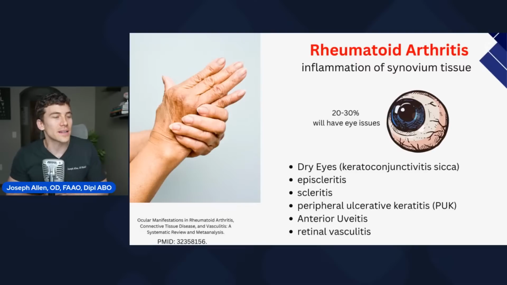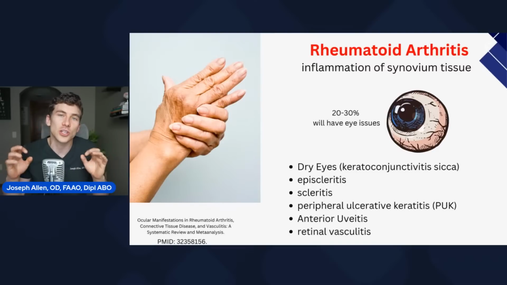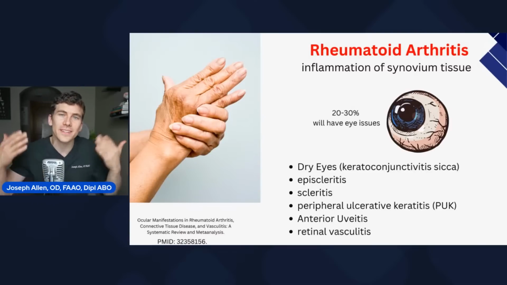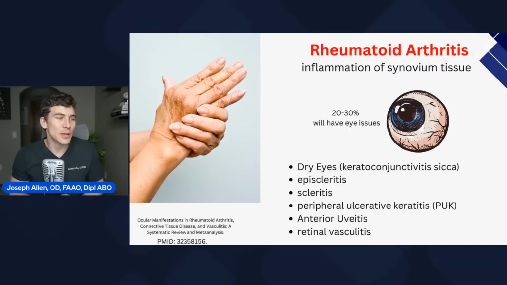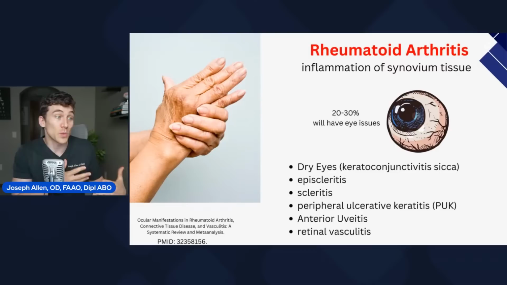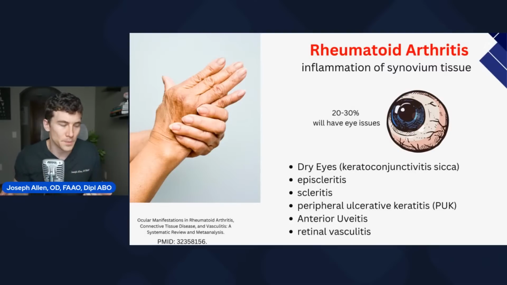With rheumatoid arthritis, this attack happens in the synovial tissue in your joints, and this causes really extreme levels of inflammation. But it doesn't just happen in the joints, it somehow communicates to the eye. About 20 to 30% of people who have rheumatoid arthritis end up having some involvement of the eye, at least that's what's reported in more recent studies. And I personally believe a lot more people with rheumatoid arthritis probably have issues with the eye. It just goes unreported or people aren't connecting the two.